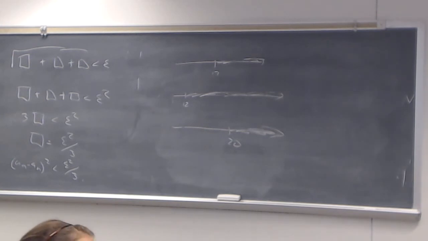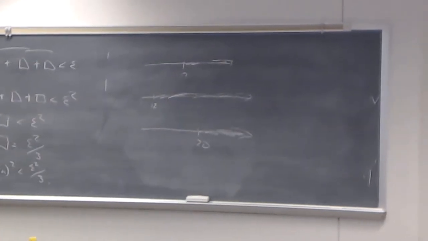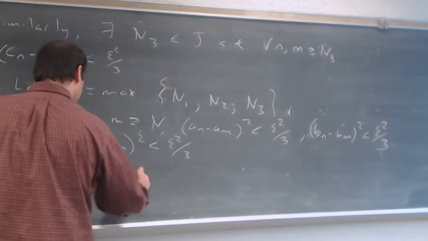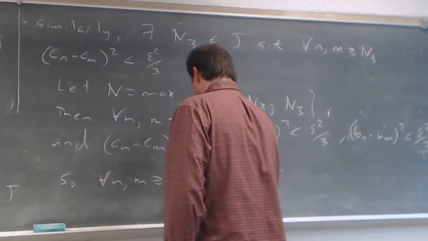And c sub n minus c sub m squared is less than epsilon squared over 3. I'm going to erase this, but essentially we've done that. So, for all n and m greater than or equal to this big N,